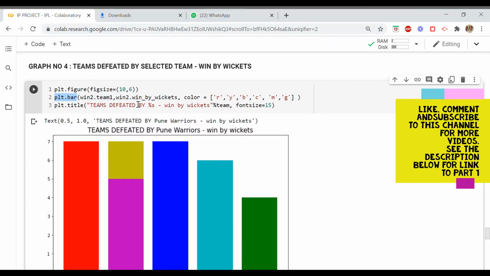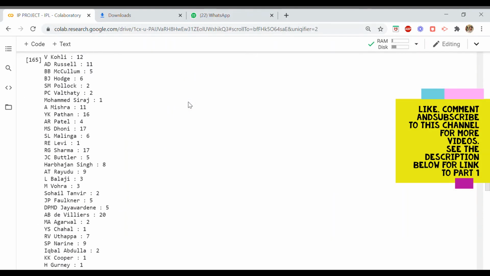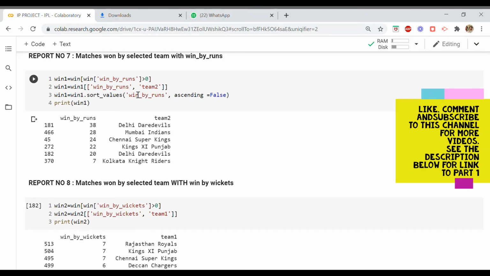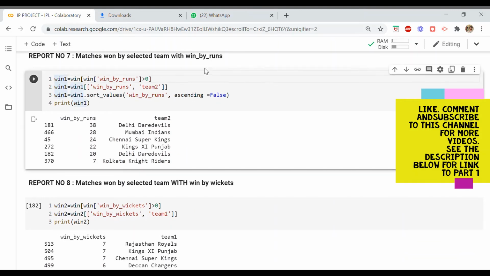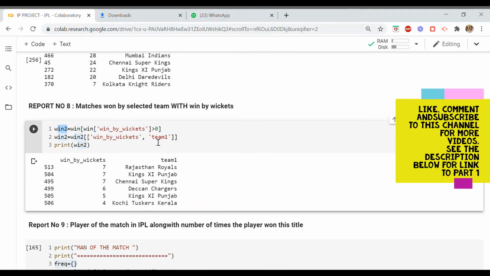Now my x-axis is win2.team1. Win2 and win1, if you remember, are the two smaller data frames which I saved while creating my reports in the previous part. You can see here win1 was holding the data for win by runs and win2 was holding the data for win by wickets.